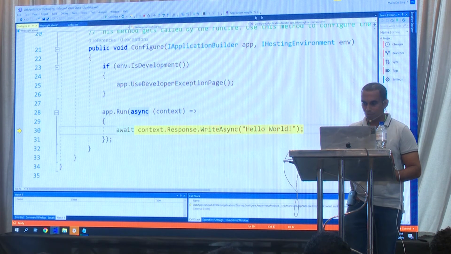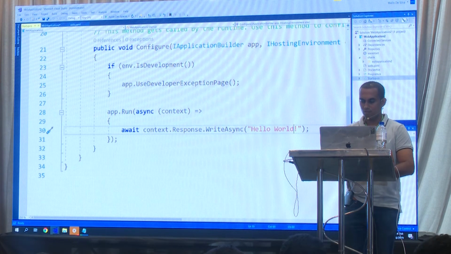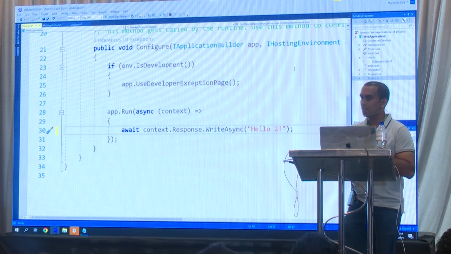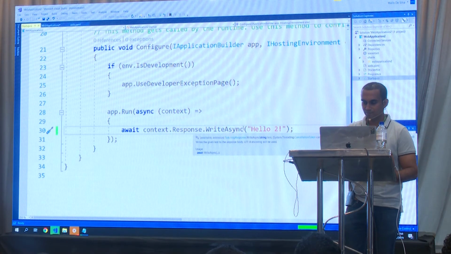Okay, so what I'm going to do right now is make a change and deploy to my existing space, right? So now I'm not going to change anything on the default space, but I'm going to change on the one that I recently created. So when I run this one,